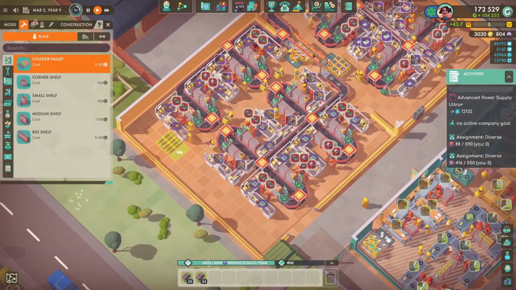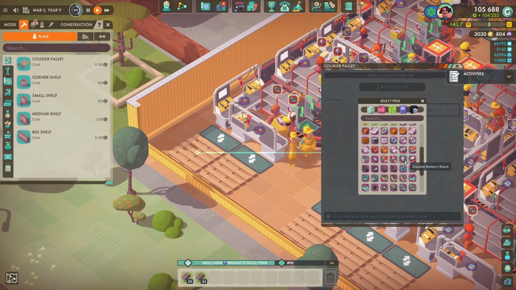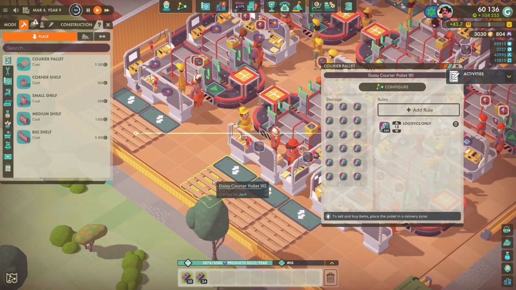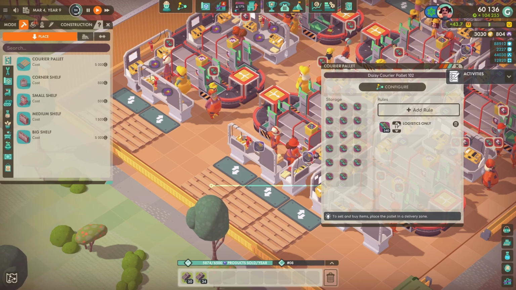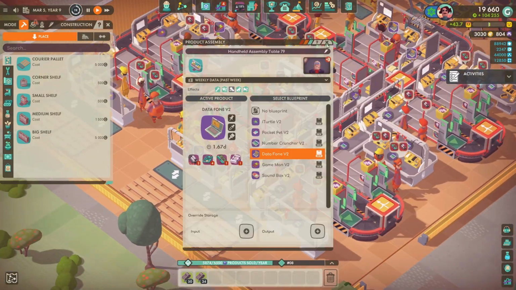Today we are actually doing a new product, the copy machine, and this is going to take some new modules that we haven't actually been building yet in the Gigafactory, so we are going to have to start our mechanics workshop as well. But before we do that, just going back to the handheld assembly room,